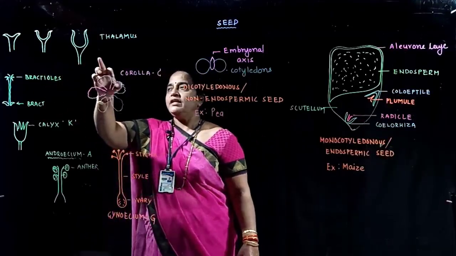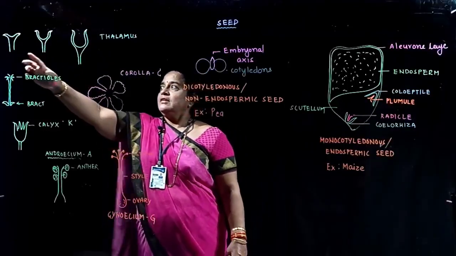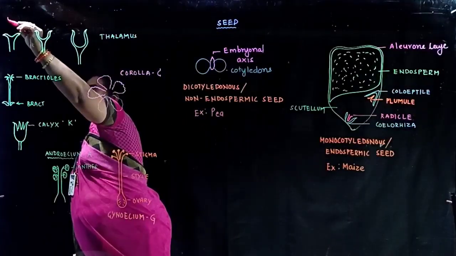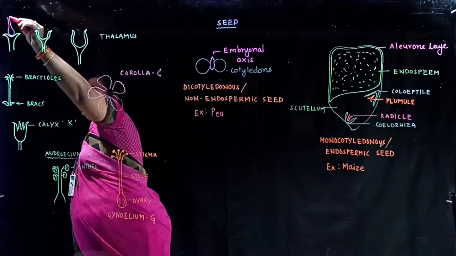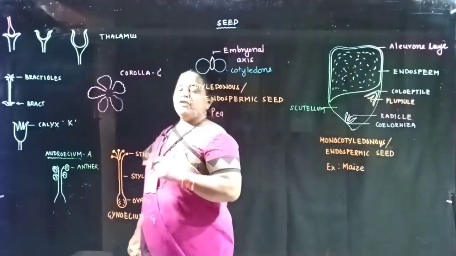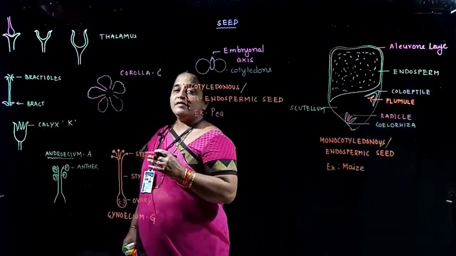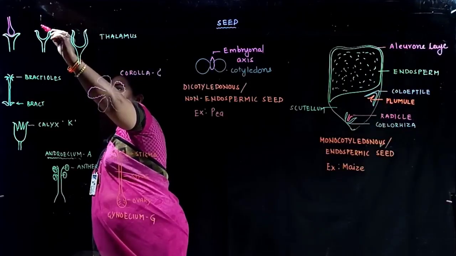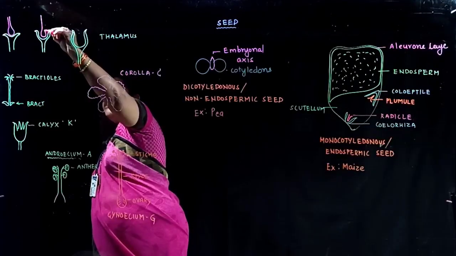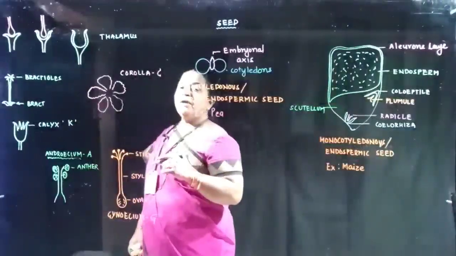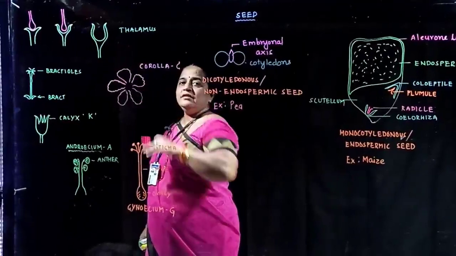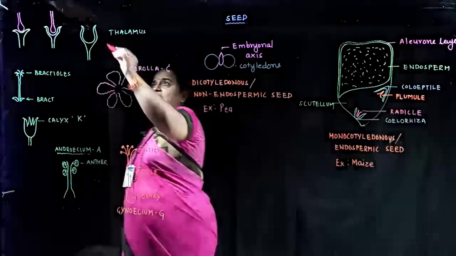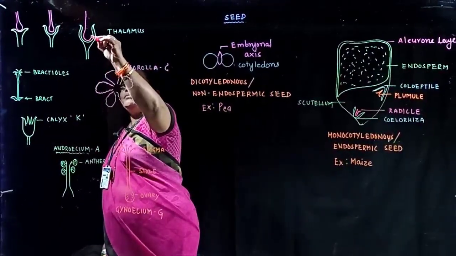The stalk of the flower is called pedicel, and the expanded tip of the pedicel is called thalamus. Here I have shown you three different shapes of the thalamus. This type of thalamus will raise the ovary upwards, meaning the remaining floral whorls will be present at the base of the ovary. Such a flower is said to be hypogynous, having a superior ovary. Here the thalamus is cup shaped, where the ovary is half inferior and half superior.